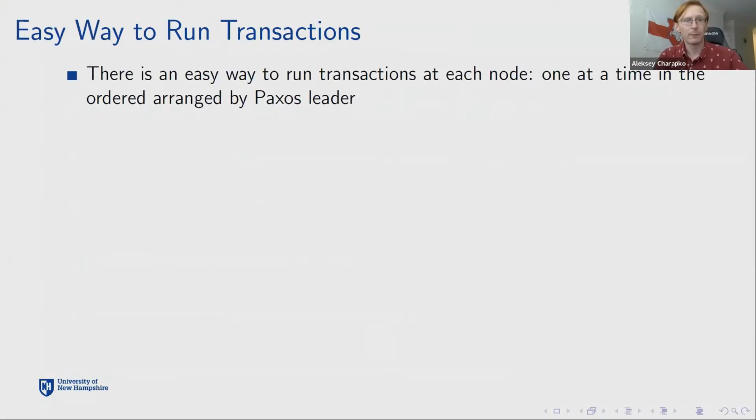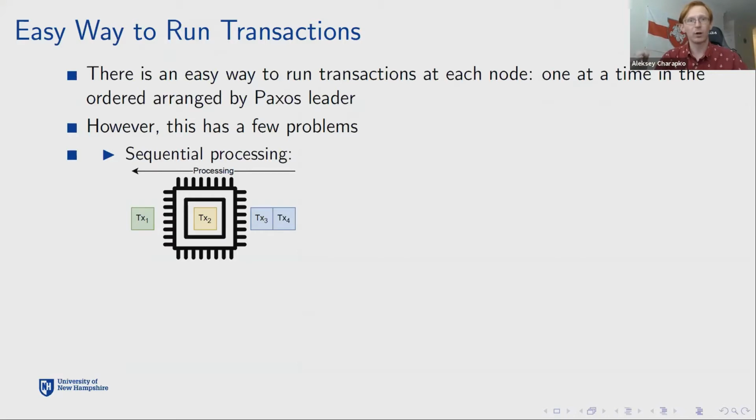And it's pretty easy to run these transactions actually in this replicated state machine, right? We can run them one at a time because we already have this order established by the Paxos leader or Raft leader. So we have the order, we have this log, we can run these transactions one at a time and arrive at identical states on every single node or every single replica of the database. So the problem is pretty simple. We have this naive solution, but it has a few problems.